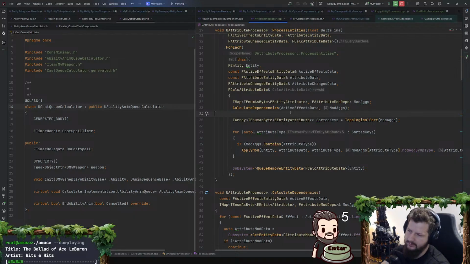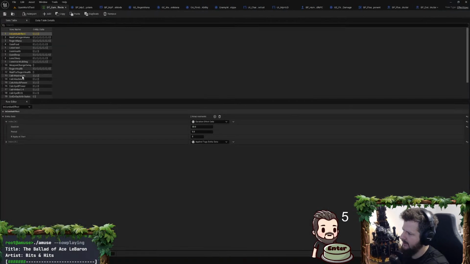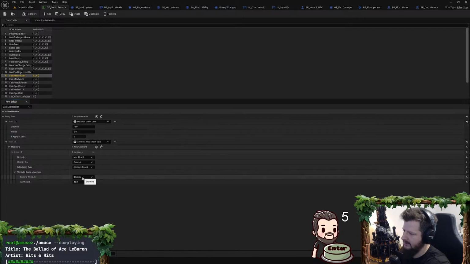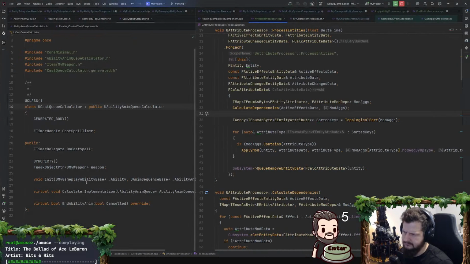When I apply a calc max health gameplay effect, it looks like this. We have an infinite duration on there, and then we have attribute mod effect data. We have one added in there for max health. We're going to override it, and it's an attribute-based calculation type, and that is based on stamina. The coefficient is 10, so that's 10 times stamina. So that means we need to evaluate whatever stamina is. We need to apply all the magnitudes, all the gameplay effects to stamina first before we can evaluate what max health is. So I have to build out that dependency.